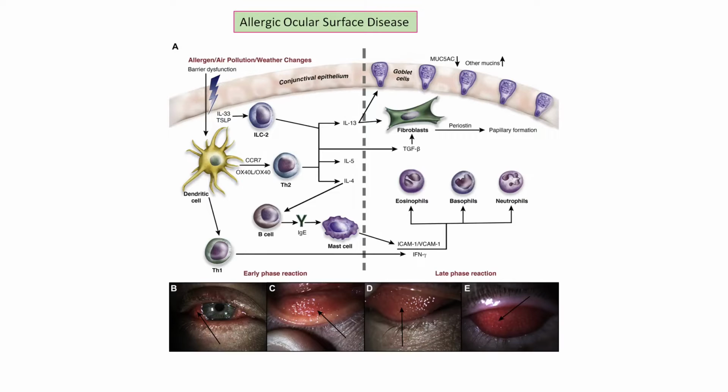Especially interleukins 4, 5, and 13 stimulate fibroblasts to release periostin, including inducing papillae formations. Interleukin 4 also stimulates B cells, which release immunoglobulin E, that induces mast cells to release ICAM1 and interferon gamma,